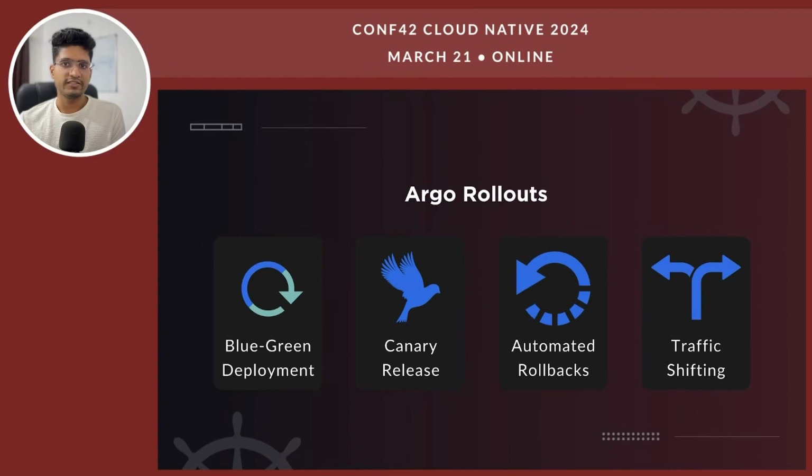So Argo Rollouts is a cloud native open source tool built for Kubernetes where we can create these complex deployment strategies like the blue-green deployment strategy or the canary release deployment strategy. It also allows us to easily roll back to the older deployment, and to easily configure the traffic routing in the Kubernetes environment. So it gives us a very neat dashboard to do all of this stuff. We'll be taking a look at that dashboard and how we can set up these strategies in the demo